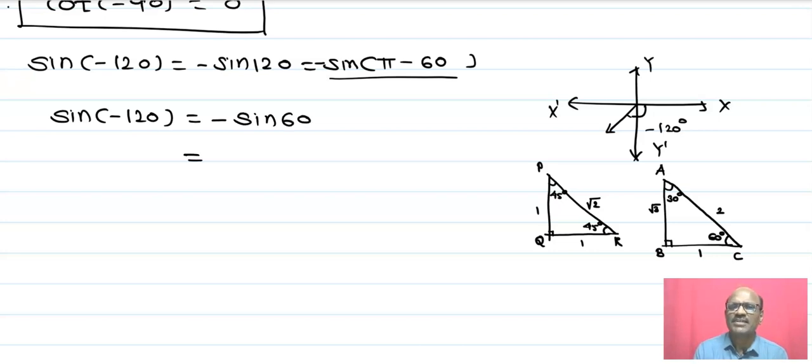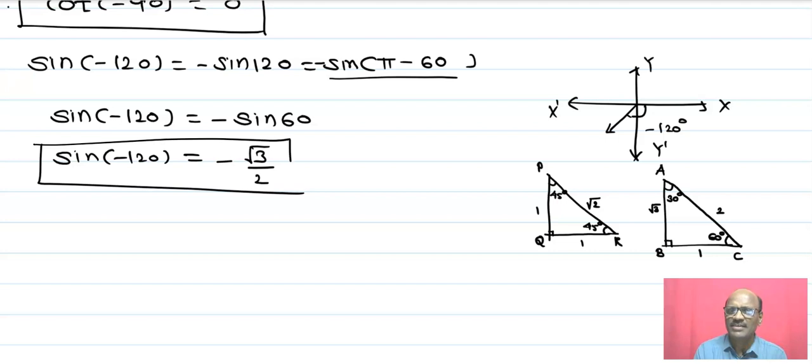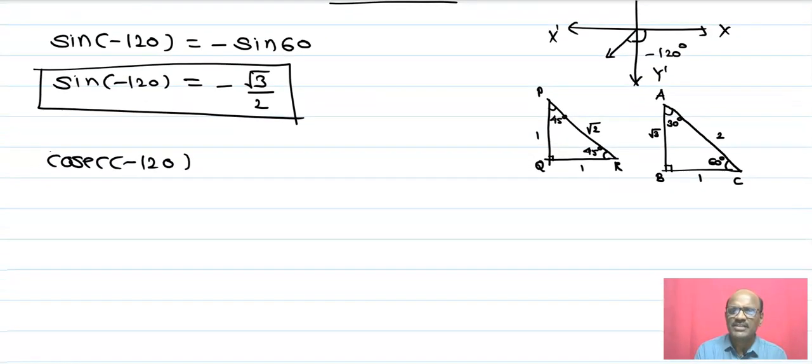Now whenever there is a pi angle, the function remains as it is. It goes in which quadrant? It goes in the second quadrant. Therefore, it is sine of 60. Sine 60 is root 3 upon 2. Now it's a reciprocal. That is cosec of minus 120. It's a reciprocal of sine of minus 120, and that comes to minus 2 upon